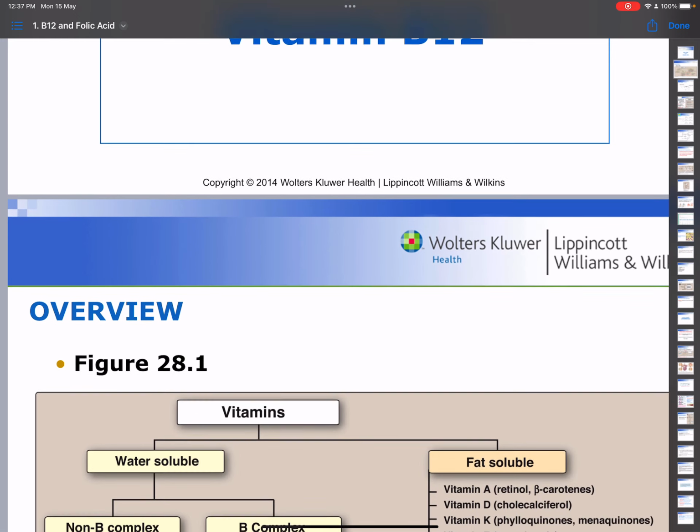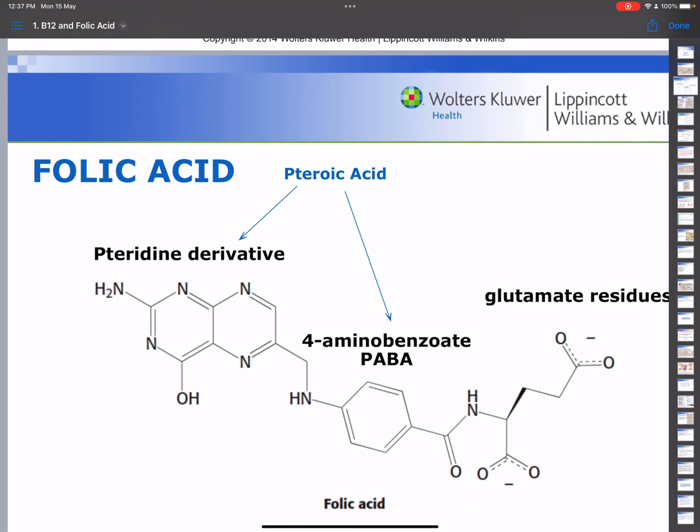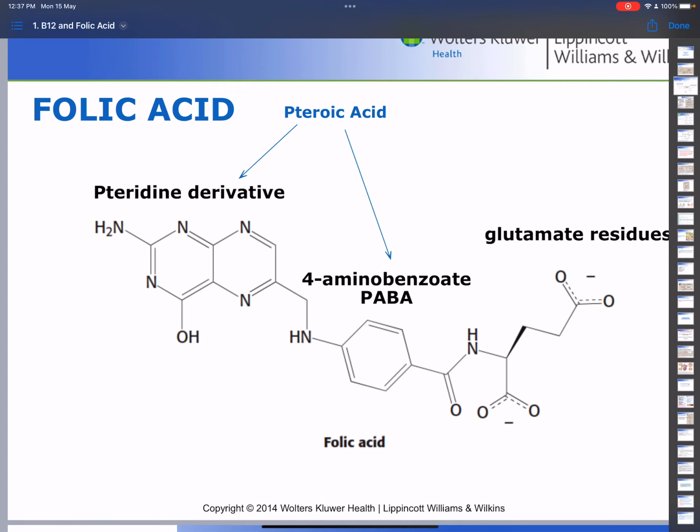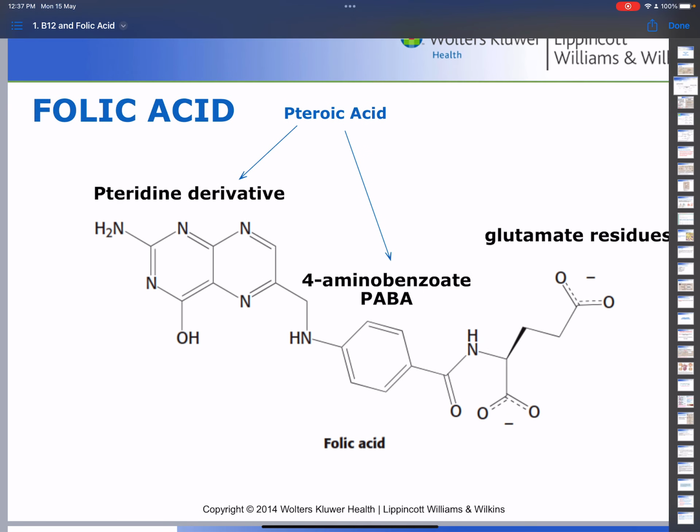So the first one, as you might know, is called folic acid, and sometimes it's called tetrahydrofolate or folate. Folic acid and folate are synonyms, whether it's protonated or unprotonated. So the difference is between folic acid or folate on one side, and tetrahydrofolate on the other side, that the folic acid